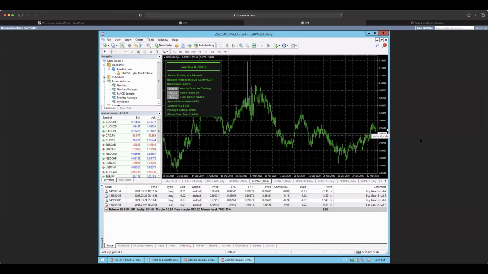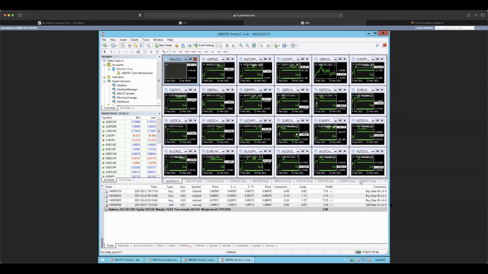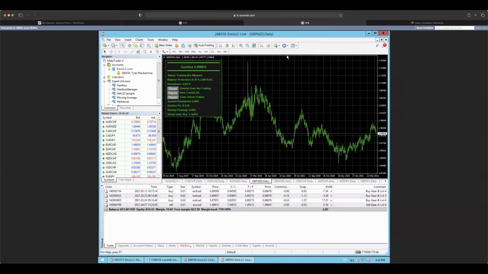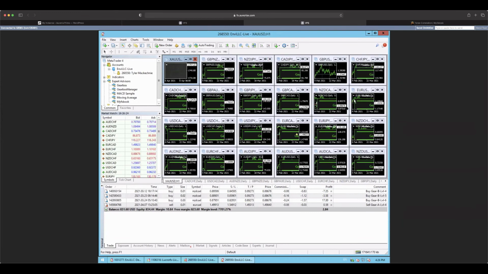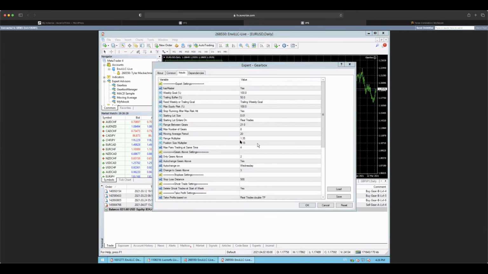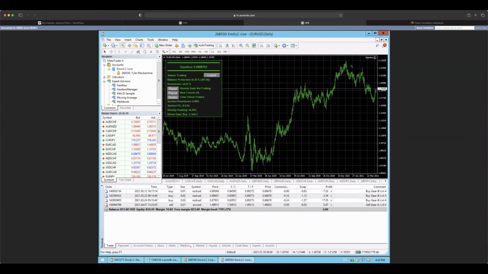Like I said, Paul, if she was looking to get into precision or intraday or any mode, essentially it would continue to manage the open Einstein trades as they are. It would count how many open Einstein pairs there are. And then if there's an open spot on the max pairs, so let's come into here real quick. If the max pairs trade at the same time is 4 or 3, and she only had 2 pairs open, it would open the third. If she had 3 pairs open and this was 4, it would be able to open 1 precision mode trade or a new GearBox trade, but still continue to manage the Einstein trades.